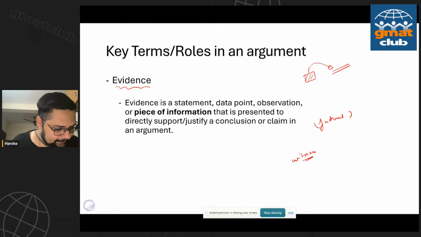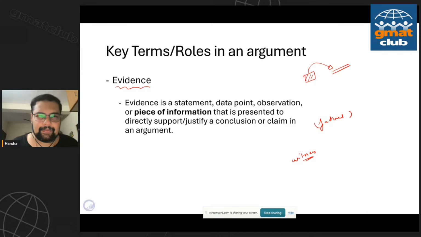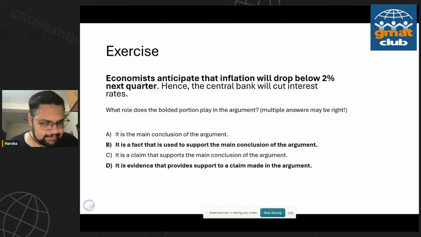Yeah, in boldface, can there be overlap? Like a fact is also evidence. Yeah, a lot of times evidence are facts. That's my point. Fair enough. It could still be wrong because it is anticipated. So how then does this not? So, Sarah, whatever was anticipated was that inflation will drop. That's a claim, but the overall sentence is a fact. Is it not true that economists have anticipated something about inflation? Think about that. I hope that gives a little bit of clarity there, but we'll come back to it.